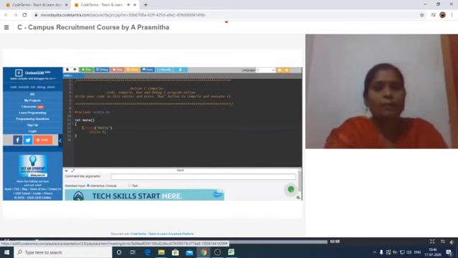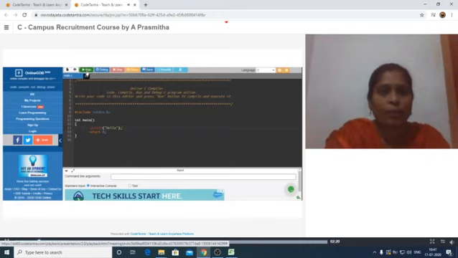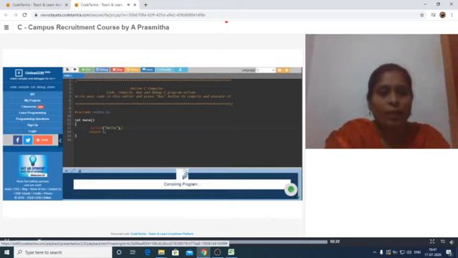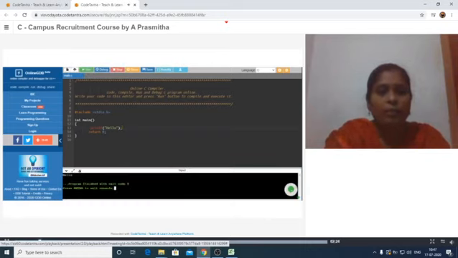Here I simply have the standard input output header file. In the main function I used the printf statement, which has a semicolon at the end, and I am running this program, and this is our output, hello. But the question is not to use a semicolon.